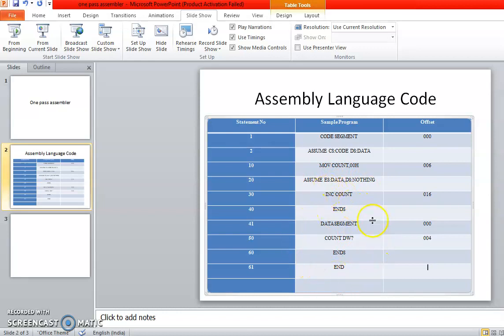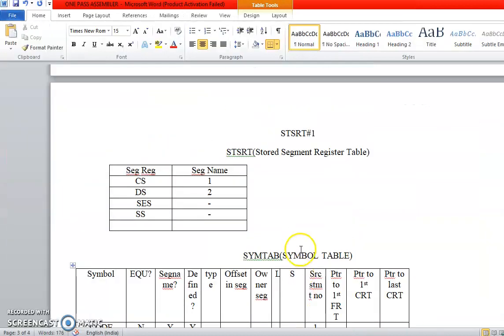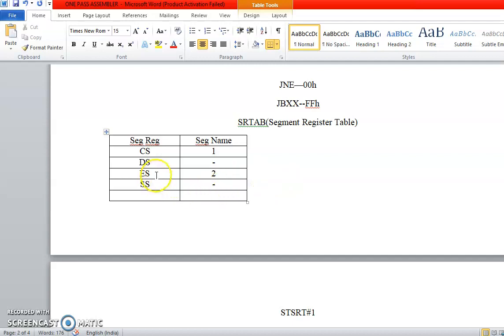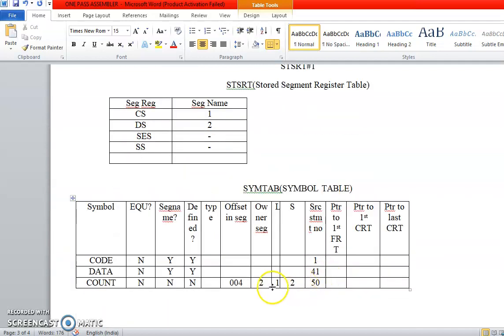That means I am defining count under the data segment, which is the current data segment right now, that is ES. At that moment, I refer back to my SR tab and check the segment number associated with ES and make an entry over here.